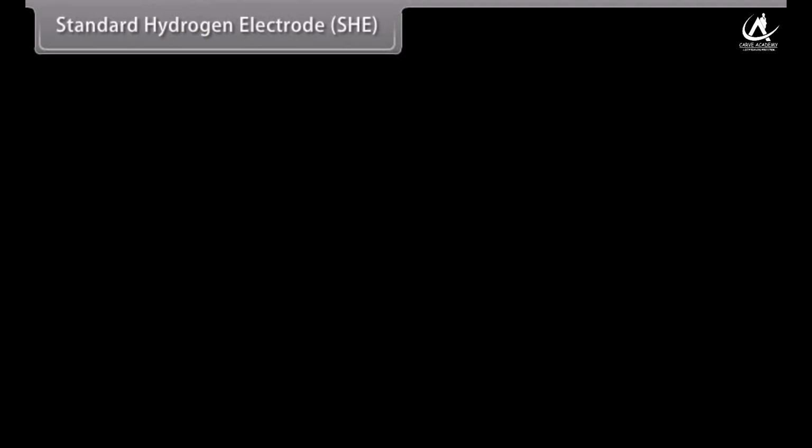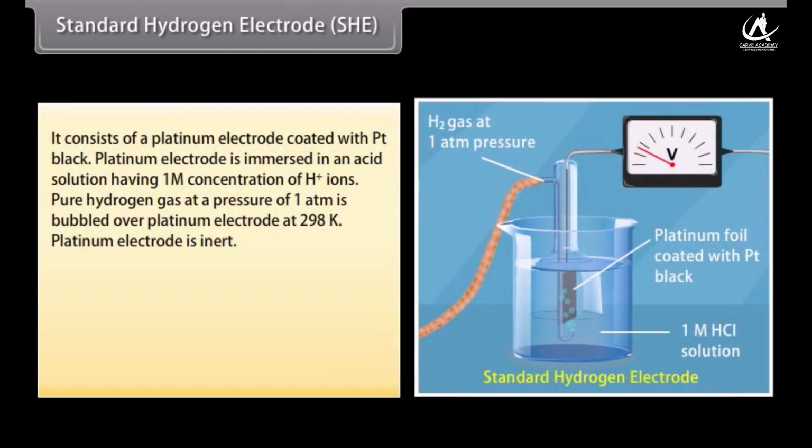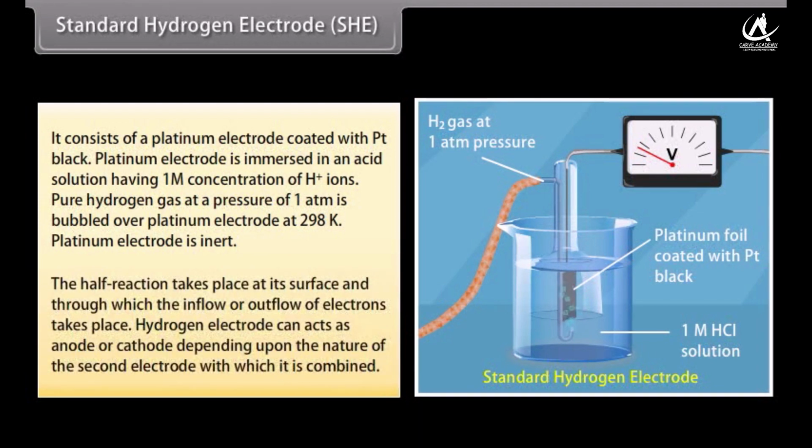Standard hydrogen electrode, or SHE. It consists of a platinum electrode with platinum black. Platinum electrode is immersed in an acid solution having 1 M concentration of hydrogen ion. Pure hydrogen gas at a pressure of 1 atm is bubbled over the platinum electrode at 298 Kelvin. Platinum electrode is inert. The half reaction takes place at its surface and through which the inflow or outflow of